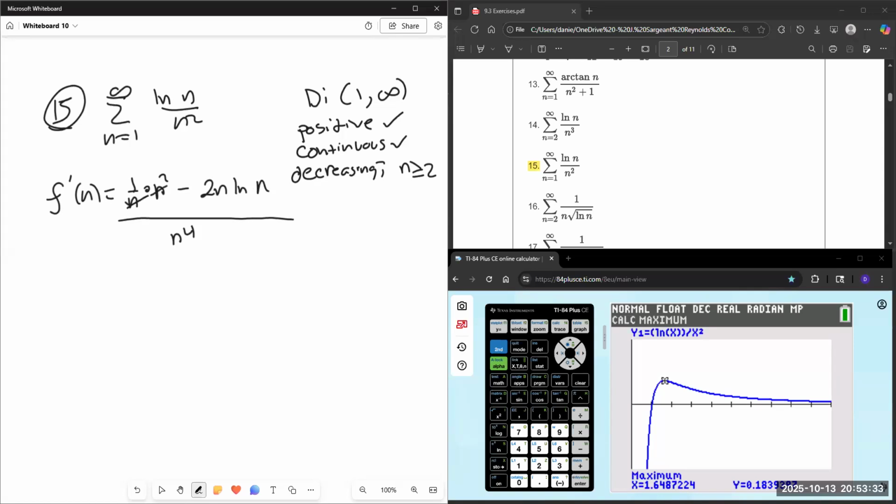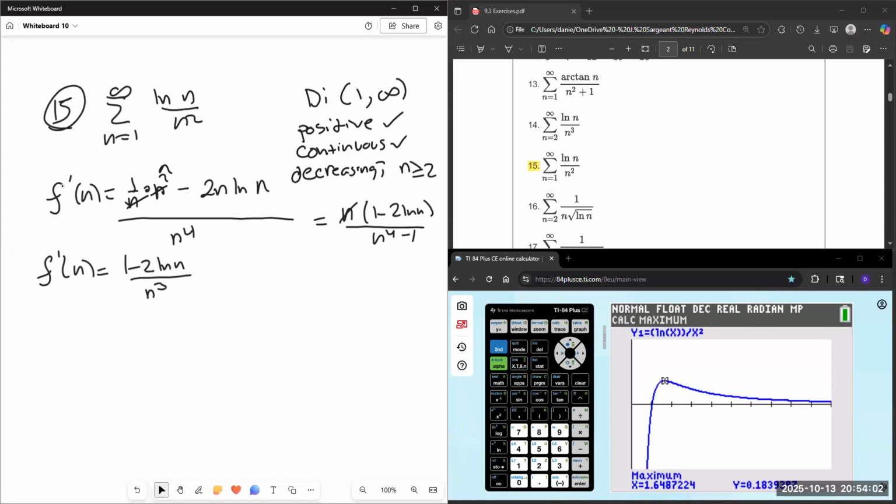That's going to be n times 1 minus 2 ln of n over n to the 4th, so f prime of n is going to be